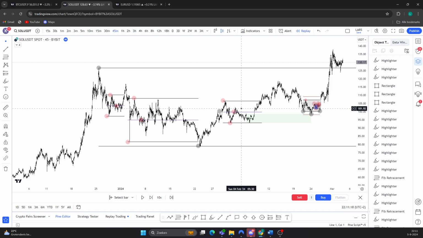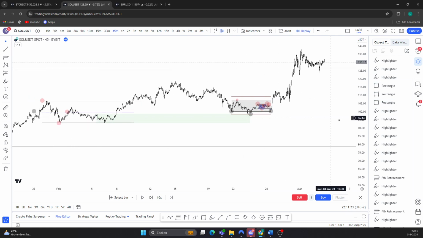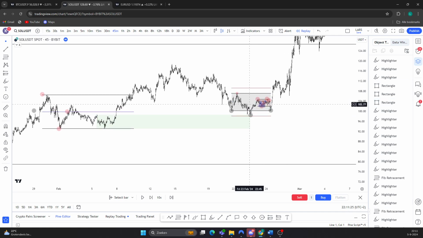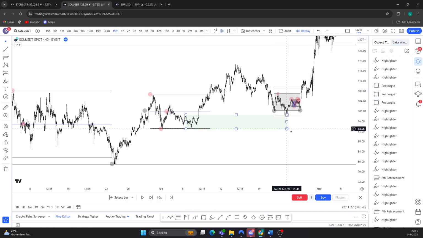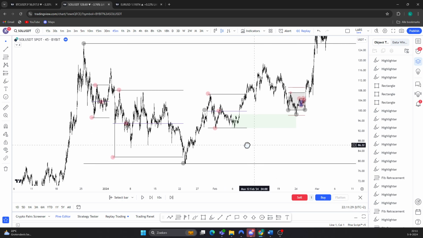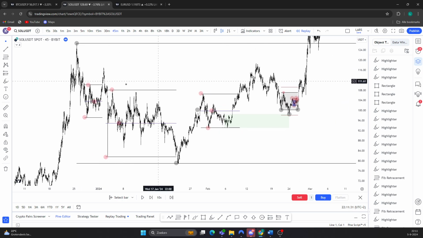But I like to scalp, so I'll be on the 5-minute, and then I'll be trading those blue ranges, and then trading the red ranges that go over in the black ranges. That's what I do, okay? I'm not really a swing trader. So